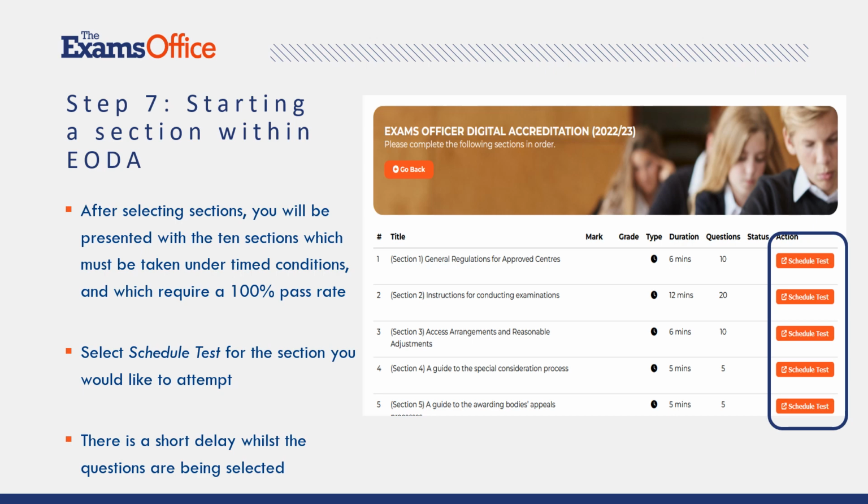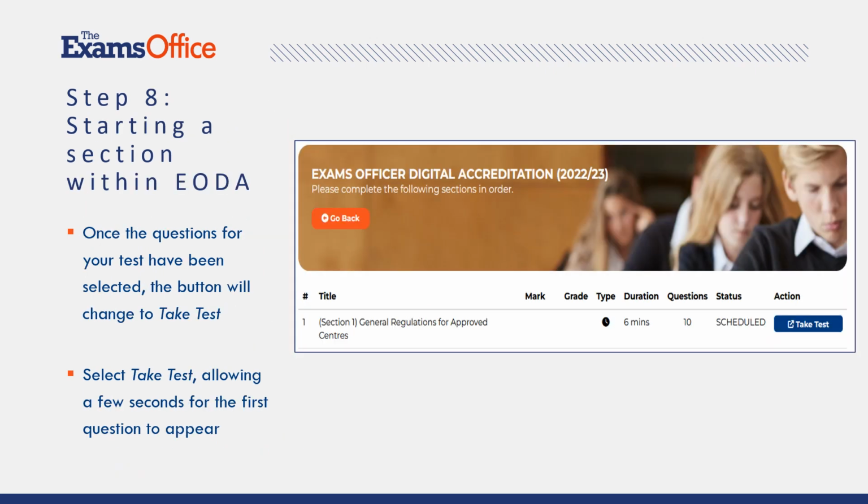So if we wanted to select the schedule a test for general regulations for approved centres publication, we would click on schedule test, and there'll be a short delay, so please give it a bit of time to gather the questions in the background from a bank of questions, and you'll find that once you've done